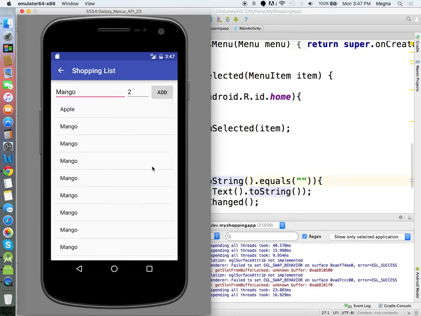A list view will repeat itself depending on the data set, whatever values are changing. It will add composite entries. It means one text view gets repeated multiple times, the text view with different data. So I think we can make it slightly better. As soon as add is clicked, we will empty these items.